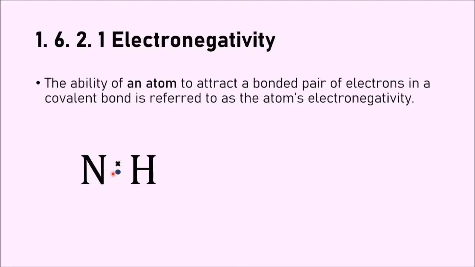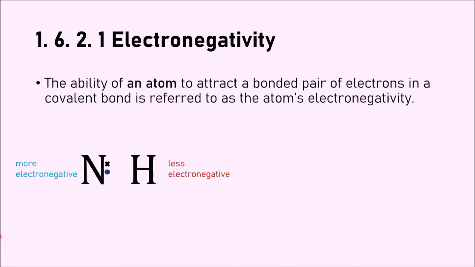So, both of these atoms here, nitrogen and hydrogen, have an ability to attract this bonded pair of electrons right here. One of these atoms, though, will have a higher ability, and that one will be nitrogen. It happens to be that nitrogen attracts these electrons more than hydrogen. That means that these electrons will move closer towards nitrogen, quite simply because nitrogen attracts these electrons more than hydrogen. We can say therefore that nitrogen has a higher electronegativity than hydrogen, or nitrogen is more electronegative and hydrogen is